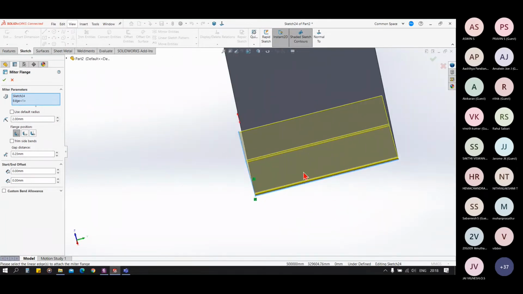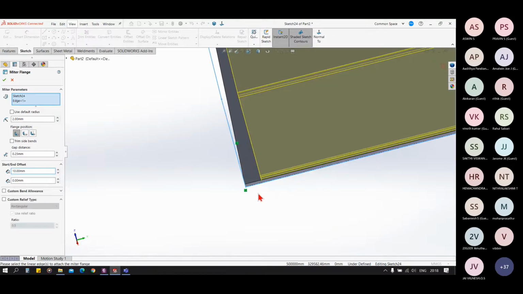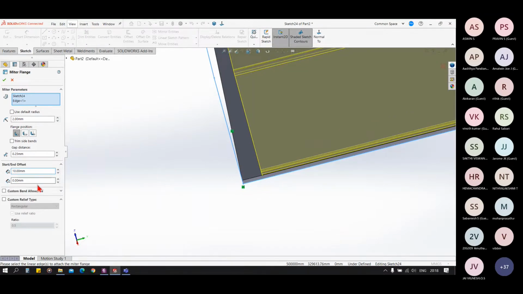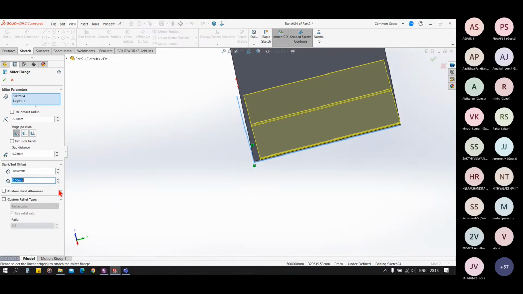And in the miter flange, we have one more option, start and end offset. As you see, when I enter the start offset, it will be offset 10 mm from the starting edge. And in the end offset, it will be offset from the end point.